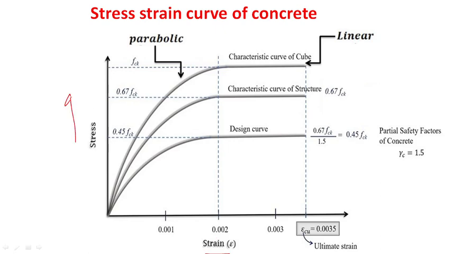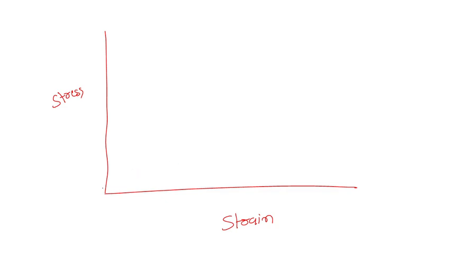Okay, when you apply the load, the curve goes like this. Sorry, one minute, I will erase this one. Like this. Okay, I think I have done it correctly. Yes, okay. Now this is the stress strain curve of concrete after testing in the machine. You get a graph like this.